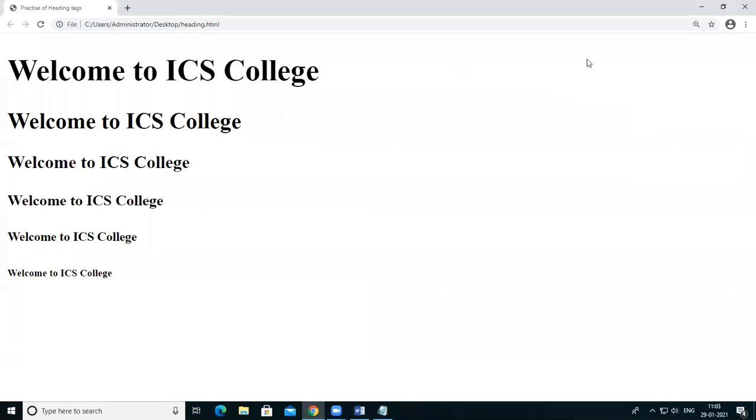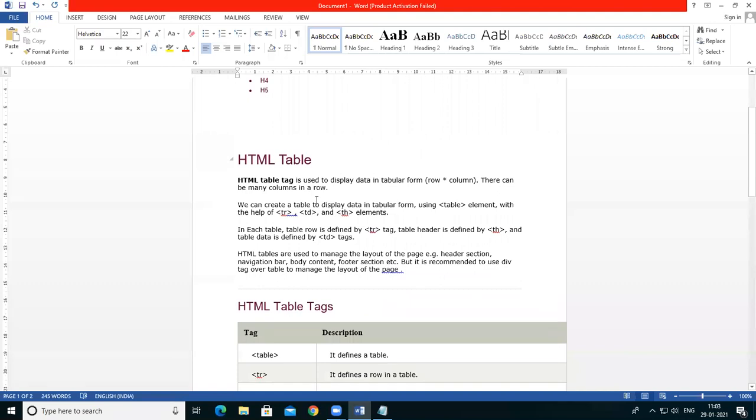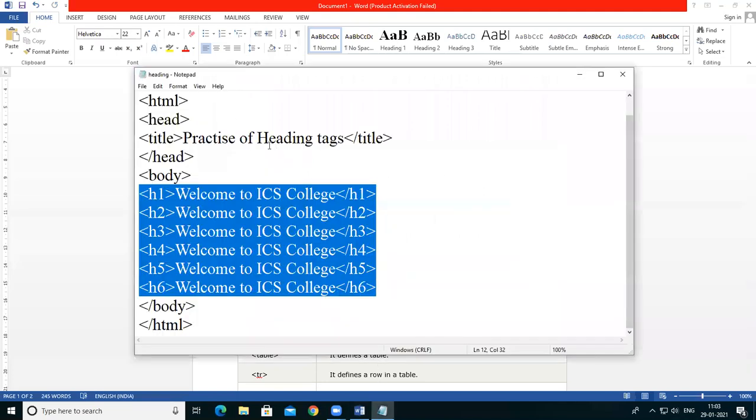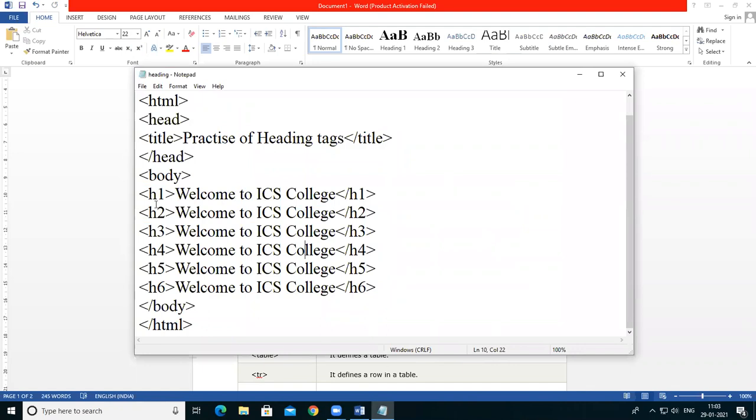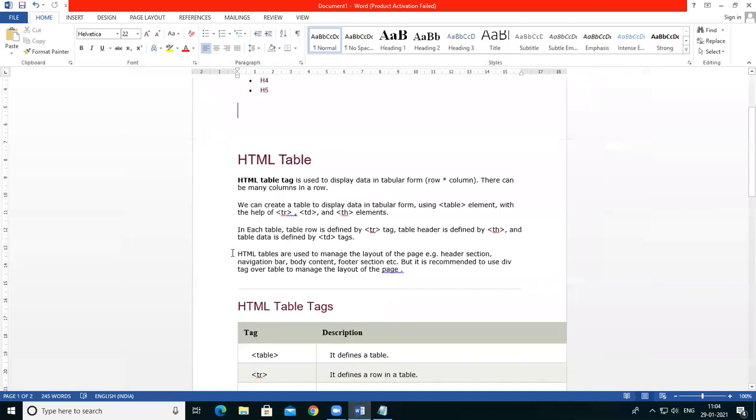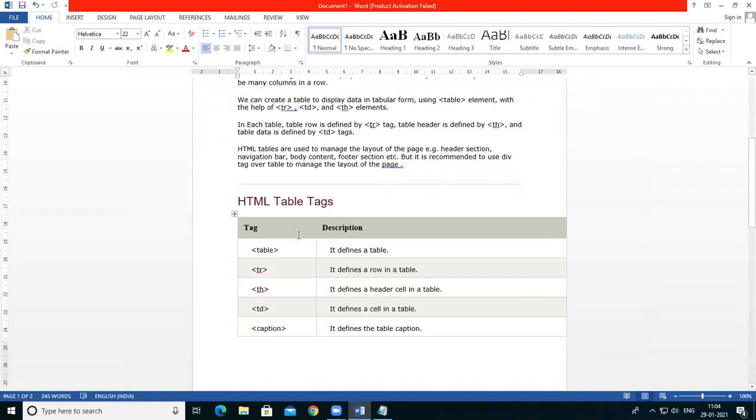Okay, next I'm moving towards the next tag which is the table tag. Okay, so in websites there are different types of tables. Now different tables are available, and on any website you go to, you will see tables. So you search any of these websites, there are different tables available. So how are those tables created on the website? Okay, so I'm just taking this program and this header, welcome to ICS college. Okay, and in that web page I'm creating a table. Okay, so how is that table used.